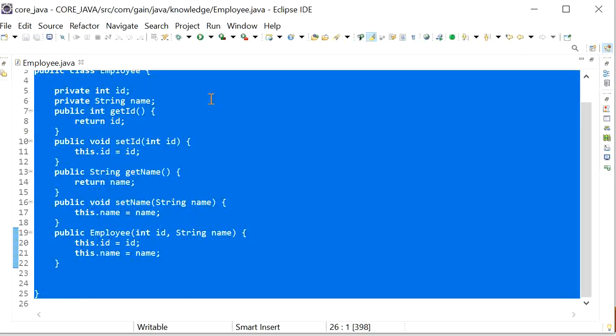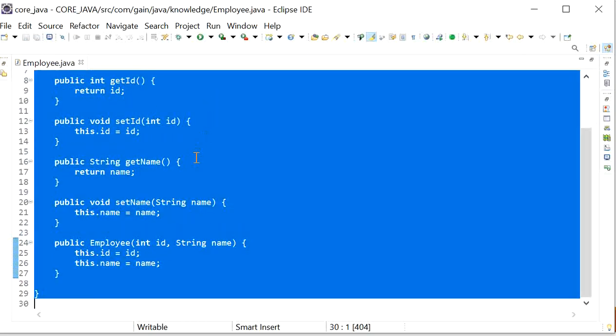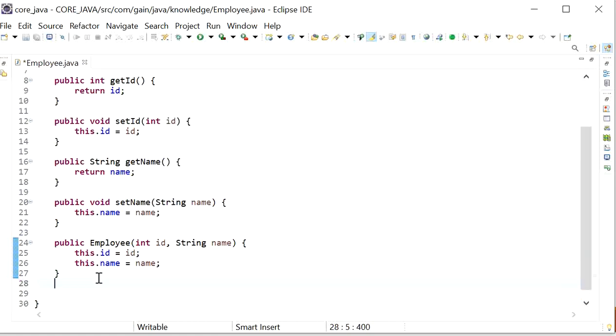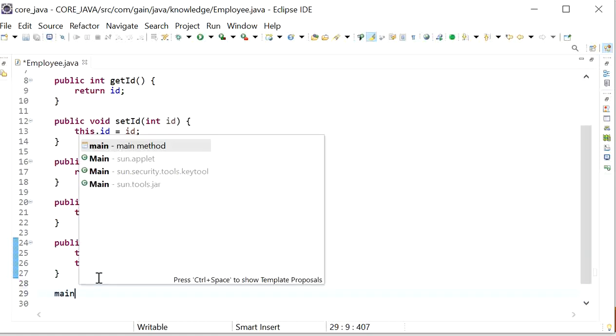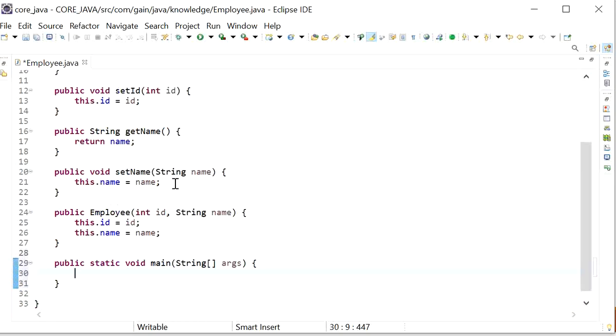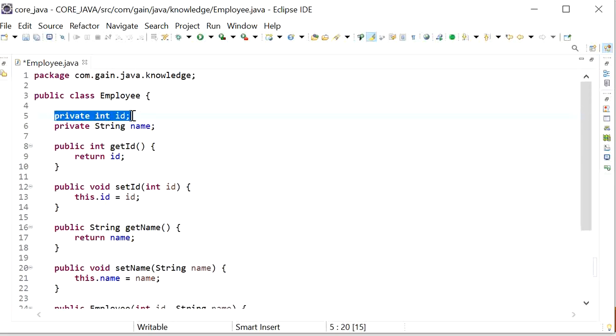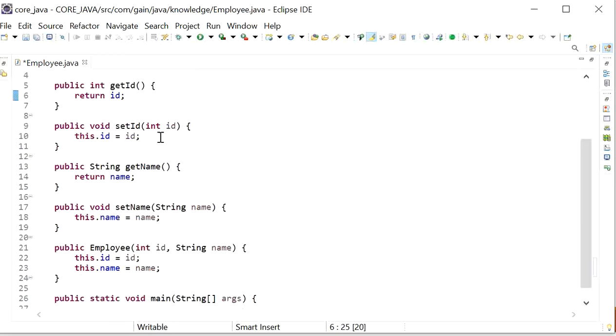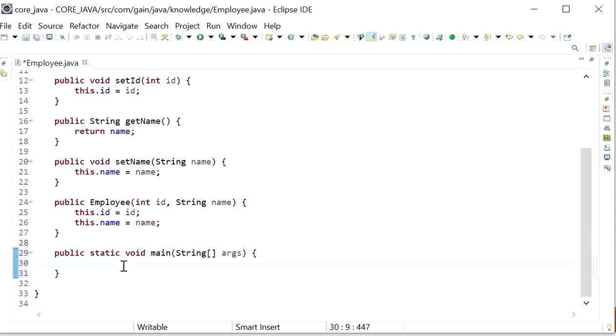So here I have created the Employee class, and I will create a main method. Our Employee class contains two properties, one is employee id and the second is employee name. In the main method I will create an Employee object, employee1 is equal to new Employee, and pass the id and name of the employee.